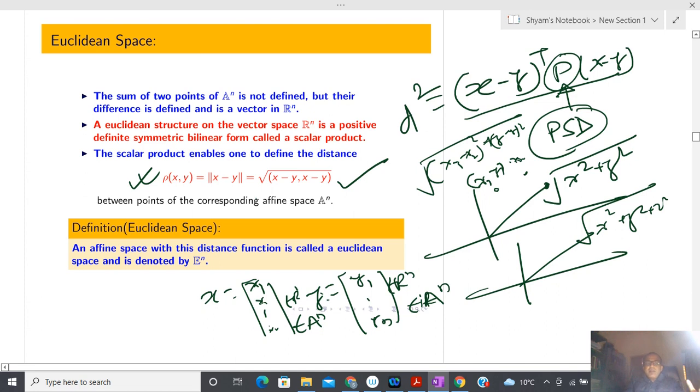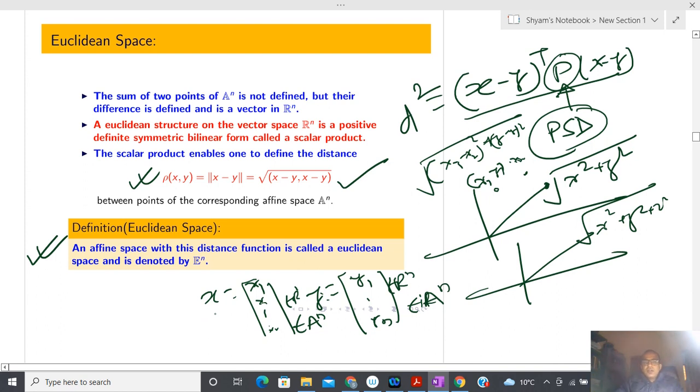Most of the time, whenever we are learning something, you might have seen that we are talking about Euclidean space. Sometimes people do not understand it. So I have an affine space. An affine space means the same as real Rn space, but the origin is not fixed. Now I have a Euclidean space. It means that I have two things: an affine space, and a way to compare 2 points. Then that space is called Euclidean space. And whatever Newton's law we are talking about,